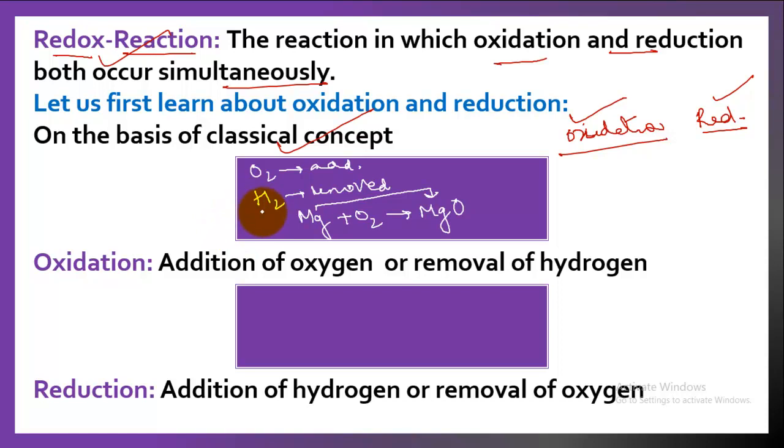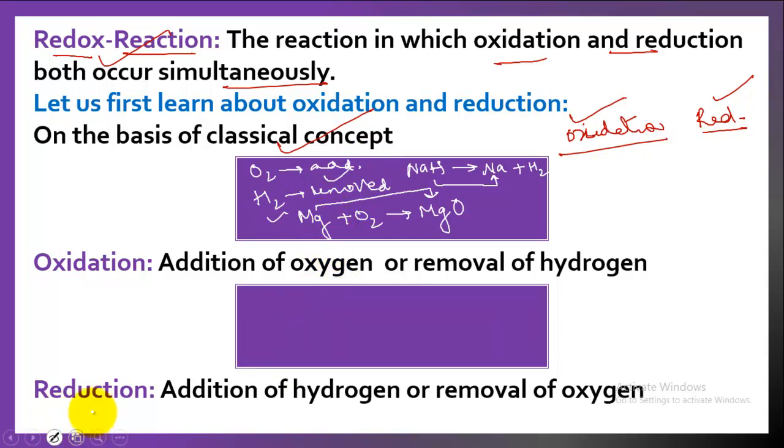And in terms of hydrogen, we can explain oxidation as follows. Let's say we have sodium hydride, and we carry out certain processes such that the Na and H2 get separated. On the left hand side, it has H bonded with it. But if we compare it with the right hand side, the H is removed. That means sodium is getting oxidized in this case. So whenever oxygen is added or hydrogen is removed, the substance is said to be oxidized.